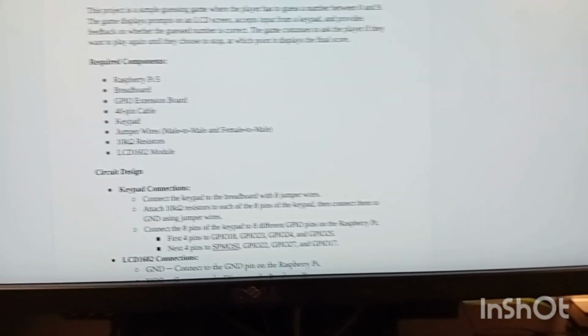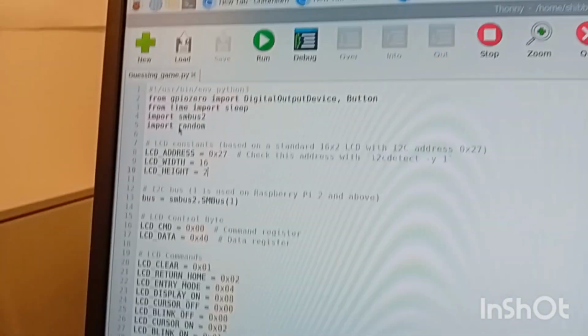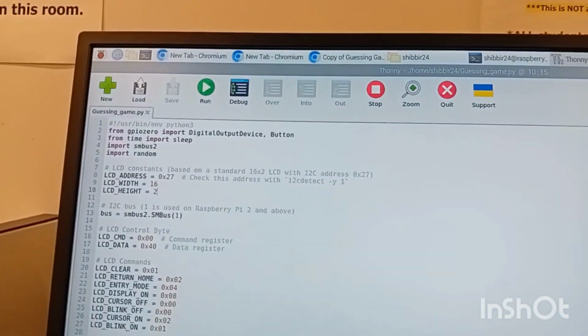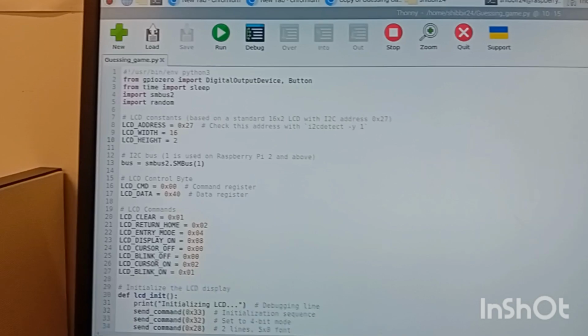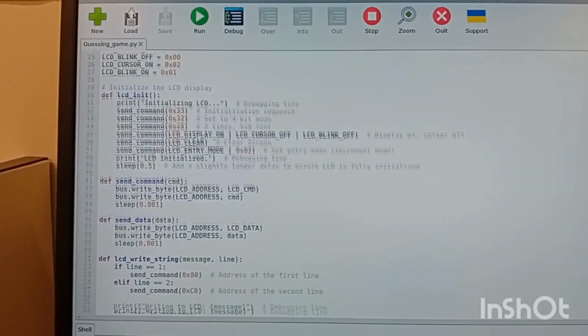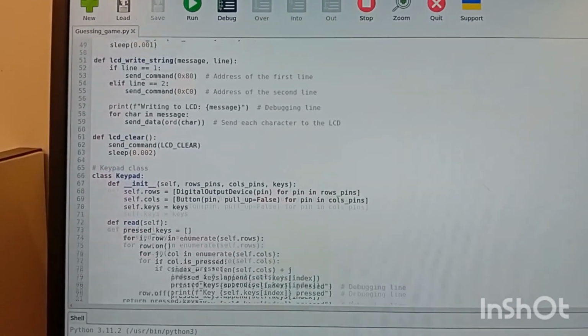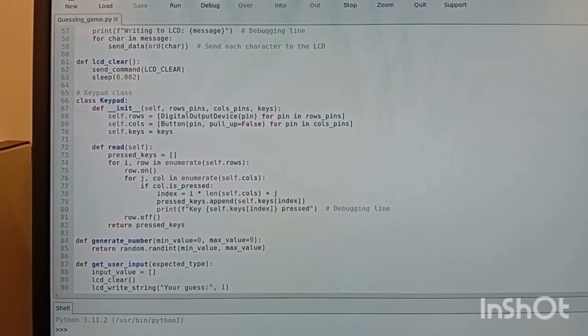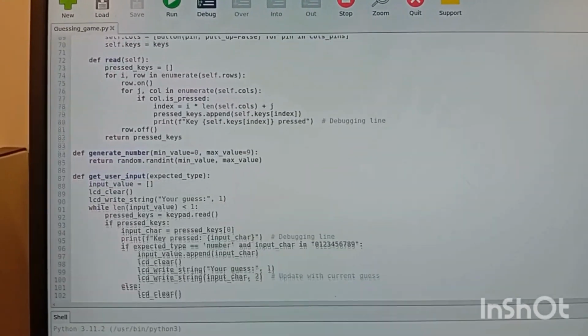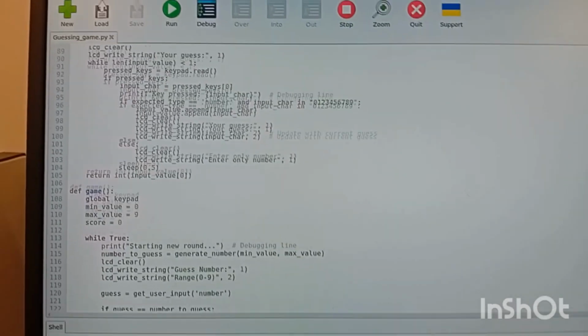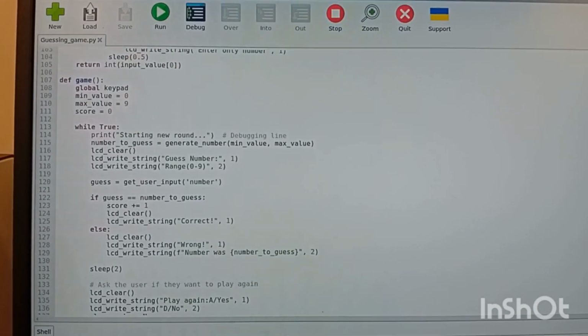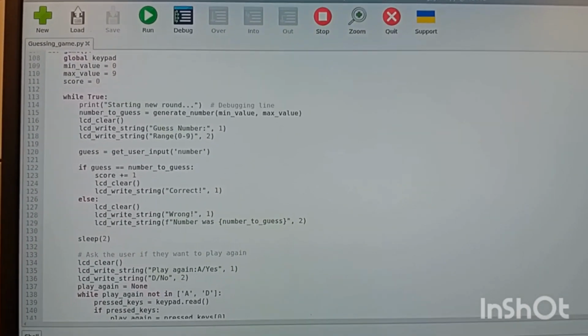And then if we show the code a little, to implement this project we have used here the Raspberry Pi 5 system, and here you can see we have used the Thonny editor of the Raspberry Pi 5, and this is the code actually to build this project. You can see I am just scrolling, and you can see all the functions are created to interact with the keypad to generate the number, get the user input, and to define how the game will be running. You can see that first of all the